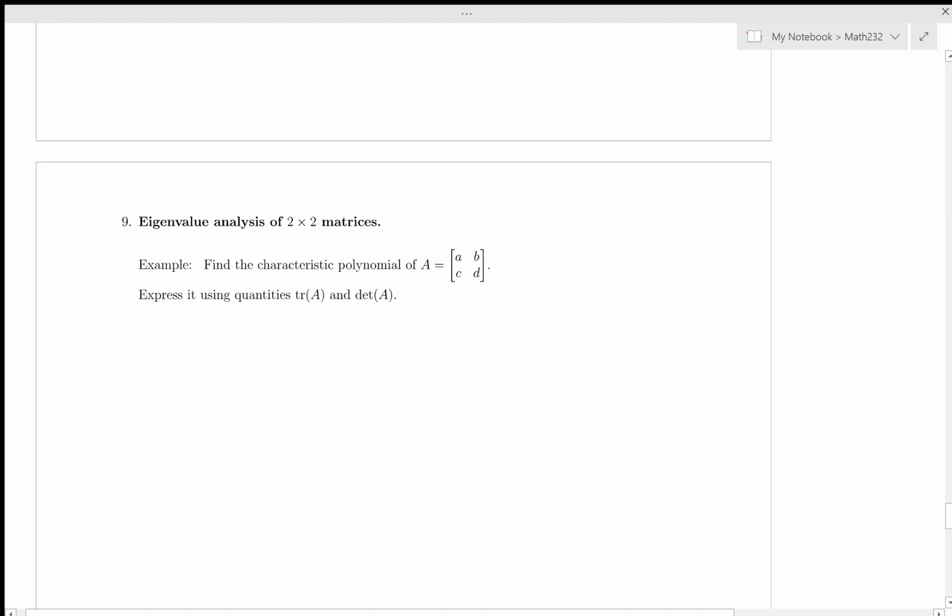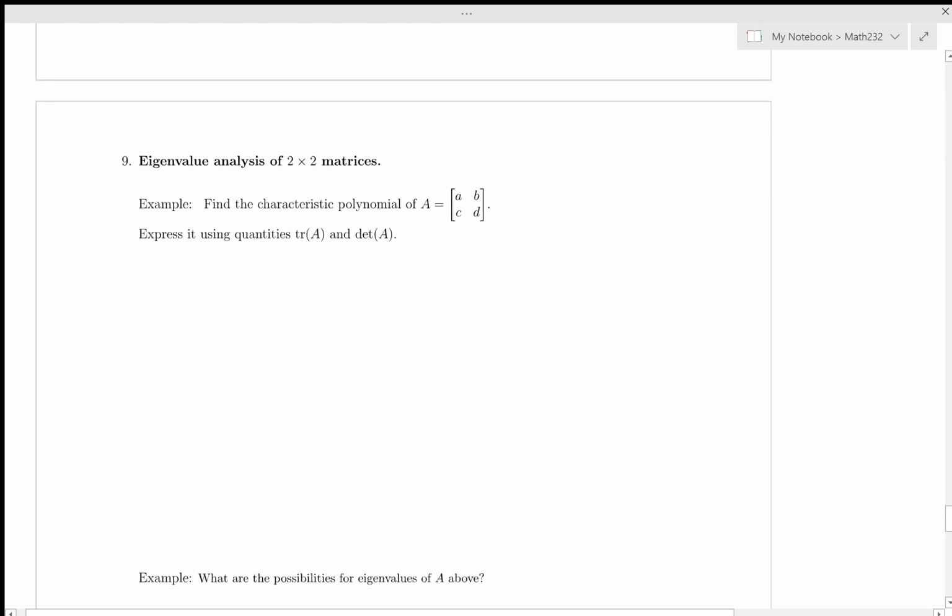Okay, a couple of other features. We're just going to express the characteristic polynomial of your general 2 by 2 matrix using the trace and the determinant. So let's just note what the trace and determinant of that matrix is. That is, the trace is the sum of the diagonal entries. So the trace of A is a plus d,